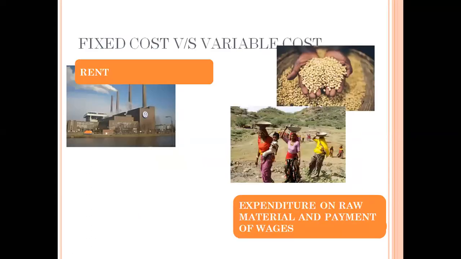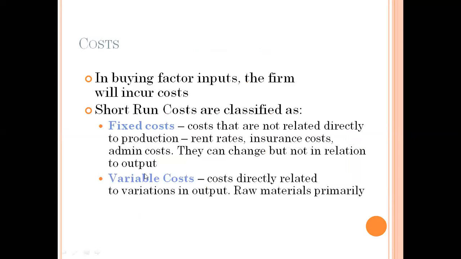Now, there are two types of cost, fixed cost and variable cost. When we say fixed cost, we simply say that fixed cost is that cost which is fixed in nature, which does not change with the change in output. For example, if I'm producing 0 output, still fixed cost will be incurred. If I'm producing 10 output, then also the same fixed cost will be there. Even if I'm producing 1000 units of output, the same fixed cost will be there, which means the fixed cost has no impact of change in units. So it is the same at all levels of output.